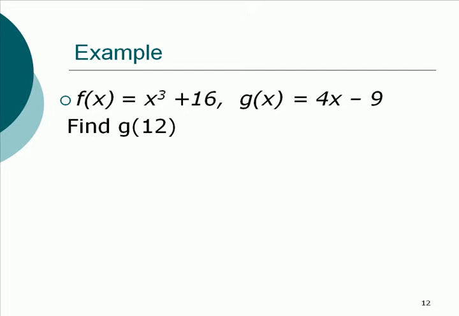All right. Now you can do that for any number of different ways that general principle can be applied. For example, same two functions, f of x equals x cubed plus 16, g of x equals 4x minus 9. What is 5f of 2 plus 3g of negative 4? Well, that means we're going to take 5 times whatever f of 2 is and add on 3 times whatever g of negative 4 is. So the first thing we need to do is find